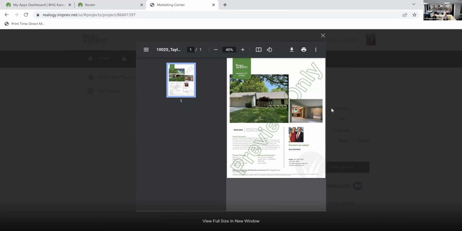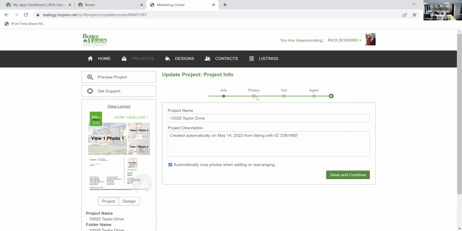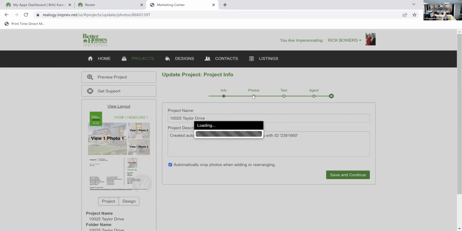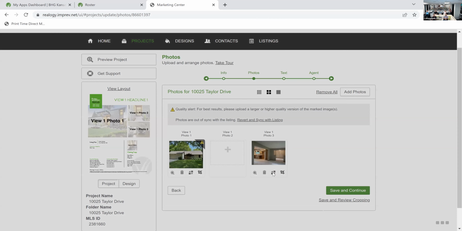Can you show everybody how you'd replace? See, they just leave a white space right there. And then how you would replace. Yes. So if you hit edit, go into photos up here, you can hit save and continue at the bottom. And then if you want to, so right here, if we want to hit replace, those two photo swaps,